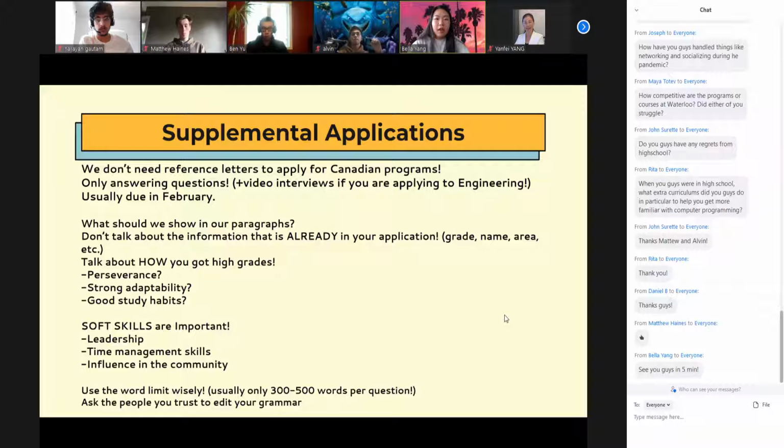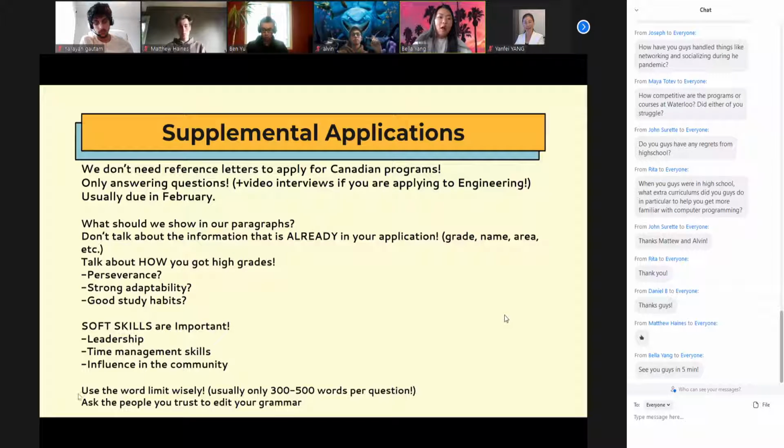So first, there is a mistake that I want to talk about that most people should avoid: we shouldn't include any information that is already in our application, such as "I got a 97 in this course," or my name, or which area I was from, because that is information they already knew, and they're more interested in how you get those high grades and what kind of soft skills do